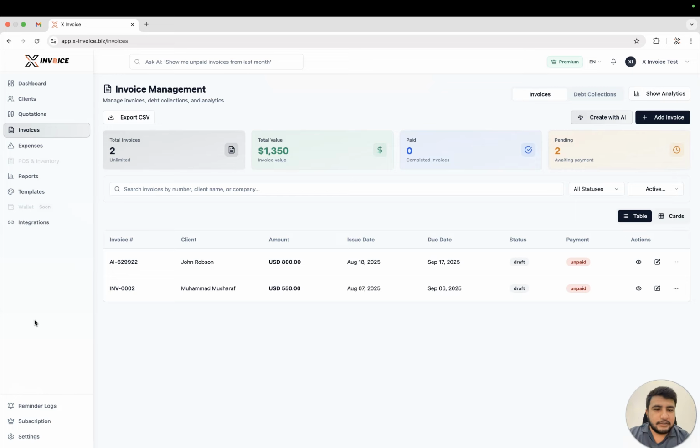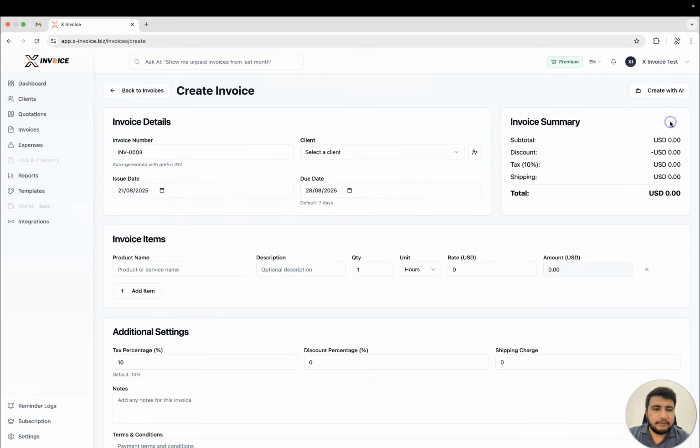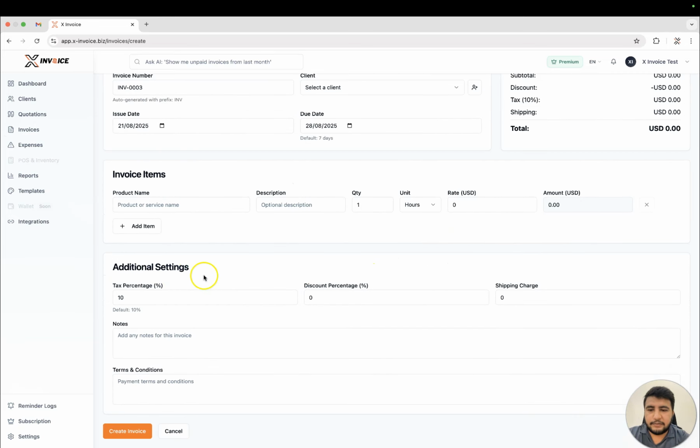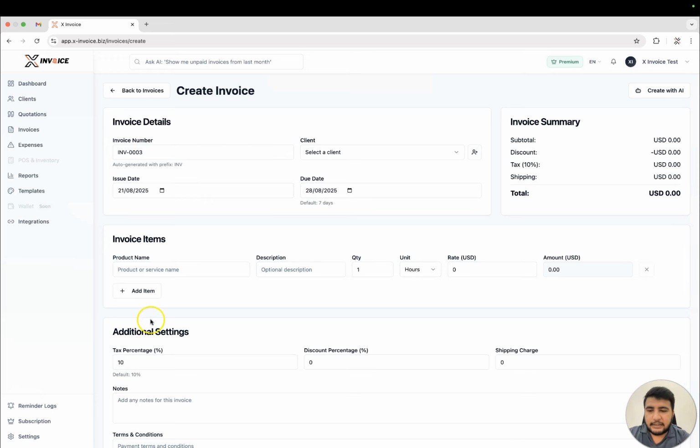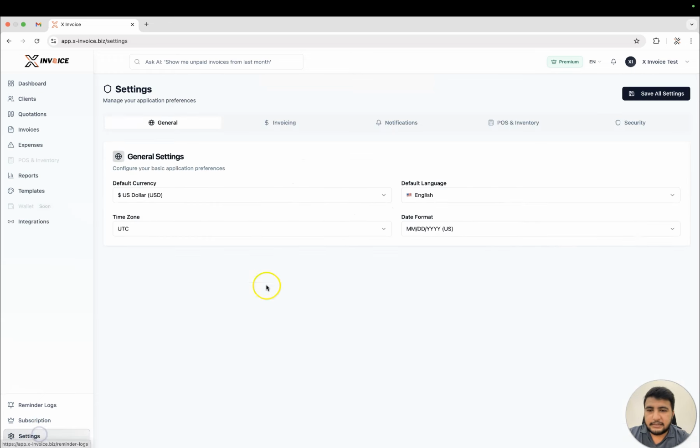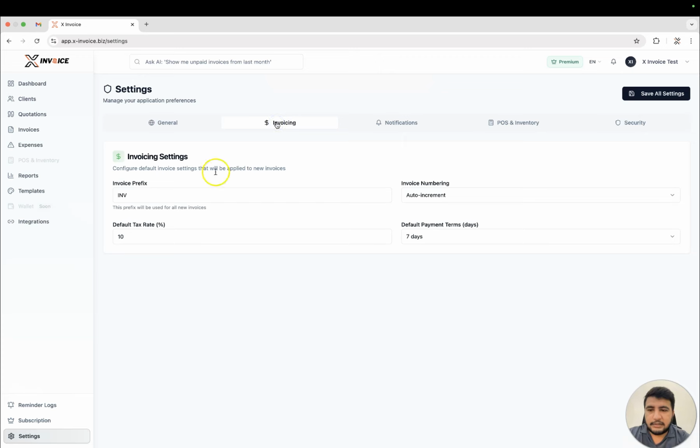All right, so for that, let's start with the taxes option. There are two ways in XInvoice. If you are creating an invoice, right? So if you scroll down, you will see that there is an option for add tax. You can manually add tax there. And the other thing is, if you go to the settings, invoicing, there you can set your default tax rate